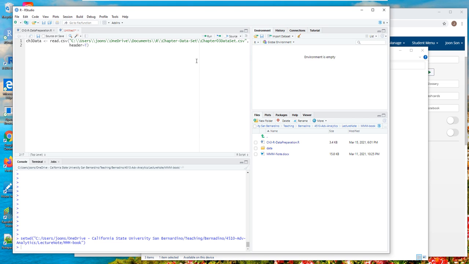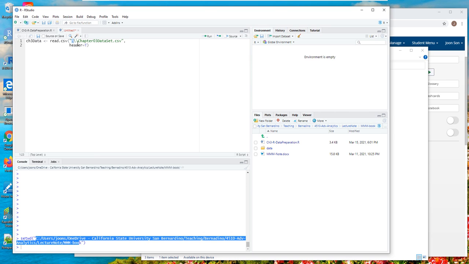In that case, I don't have to use a full path. Instead, I can provide the relative path. The dot is the current directory, followed by 2 backslashes.